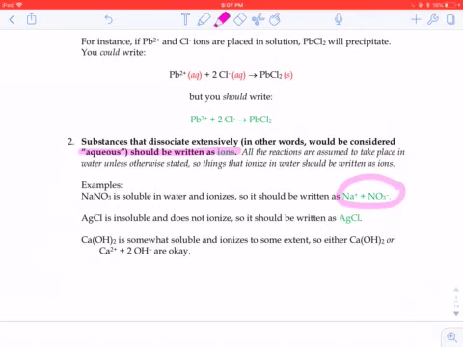Things that are insoluble, solids, precipitates, do not break up in water. That's why you can see them, so you show their chemical formula together, AgCl, not broken up in ion form. There are a few substances, calcium hydroxide being one example, that are somewhat soluble, so it's okay to write it